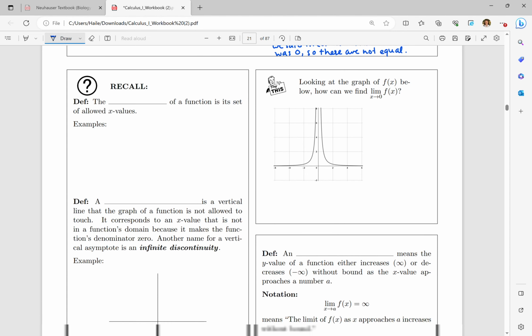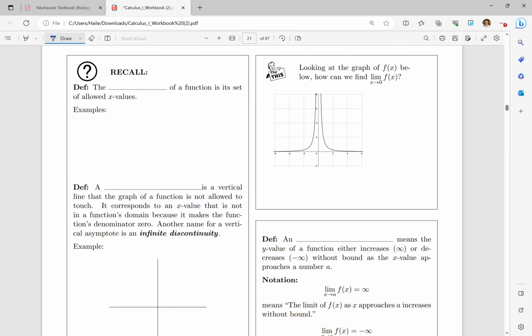Okay, so now we're going to look at a different kind of limit. We're going to start off with a little recalling from maybe some previous classes. So the domain of a function is its set of allowed x values. So for example, we could say the domain of f of x is equal to sine of x is all real numbers, so we'd write that negative infinity